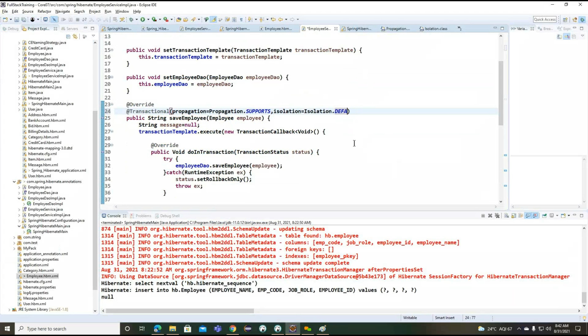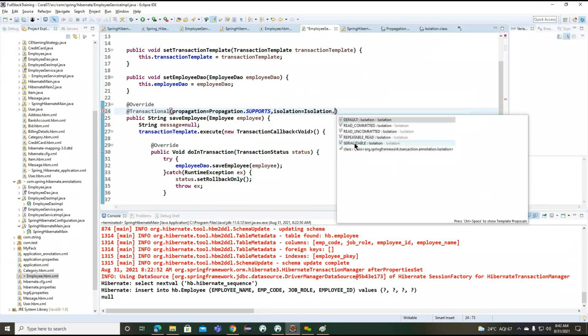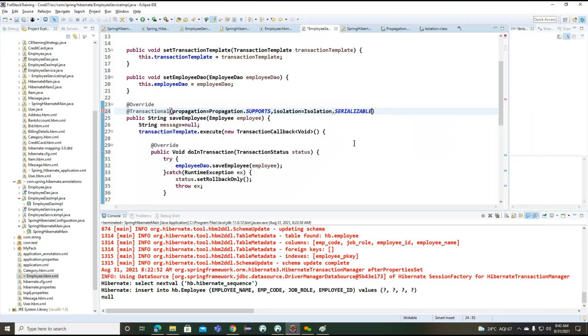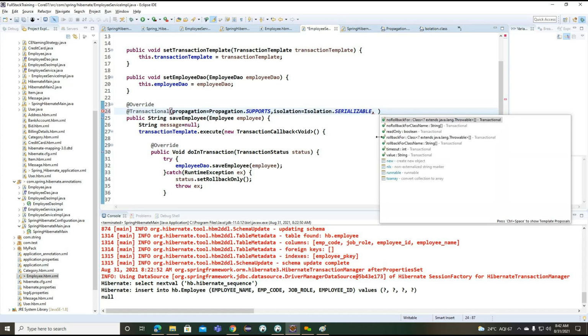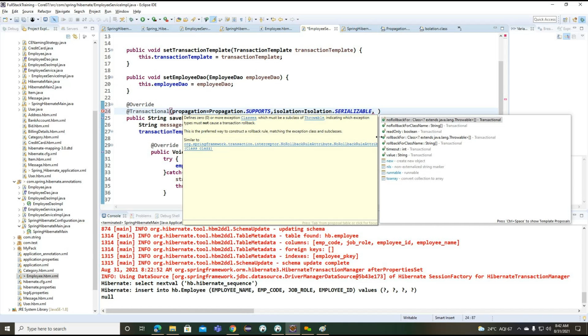Okay, so we change to serializable here. We identified the different problems, and for this problem we can go for serializable, so that we get the expected data. Another property we have here is read only.